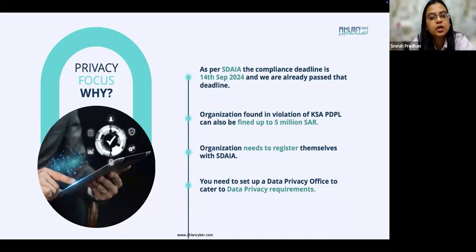If there is an organization today that is still contemplating building a privacy program, they should really be looking forward to it. Now, when we talk about the penalization clauses of this law, any organization found in violation of the KSA PDPL due to a massive personal data breach could face fines of up to 5 million Saudi riyals, which in itself is a huge amount. Also, if you are an organization processing personal data of Saudi residents, they could be your employees, your B2C customers, or any individual in your B2B cycle. You really need to register yourself with the data management platform provided by the regulatory authority, which is SADAYA.